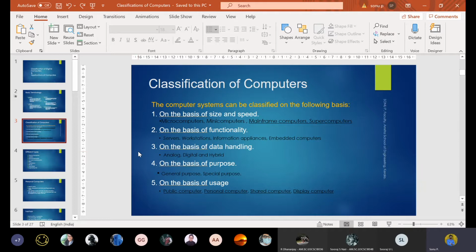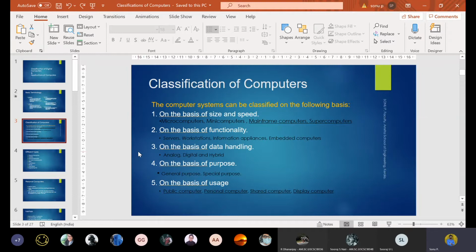And based on the data handling, this is a very fundamental classification, based on which type of data the computer handles. Mainly, we are focusing on institution laptops and mobile phones, which access data in digital form only.